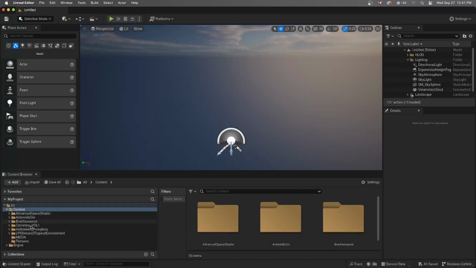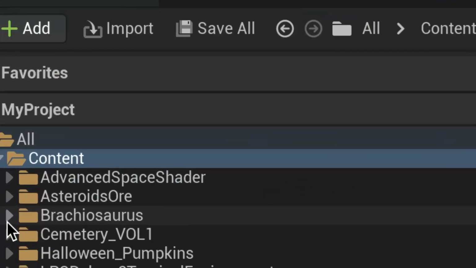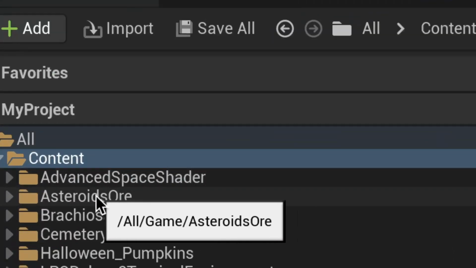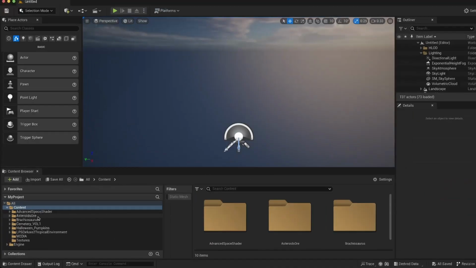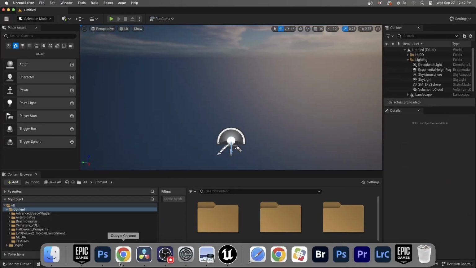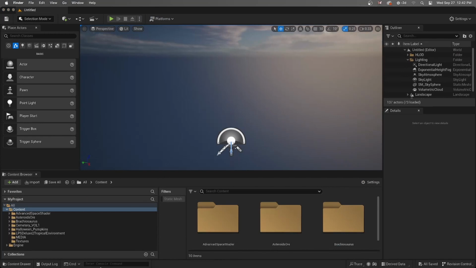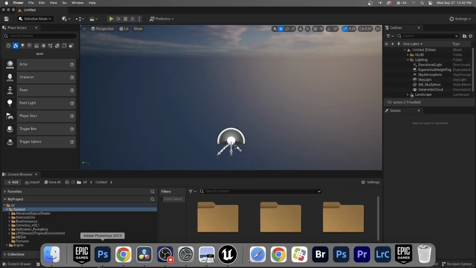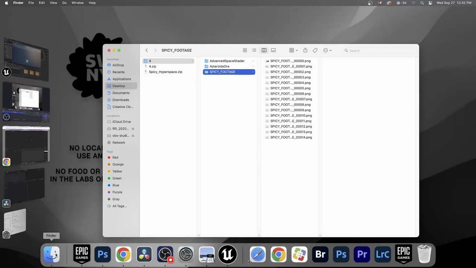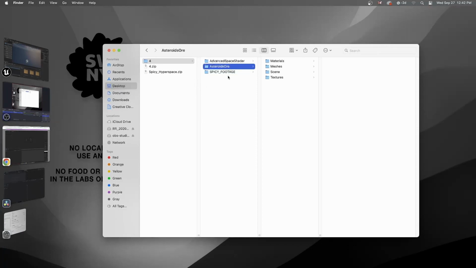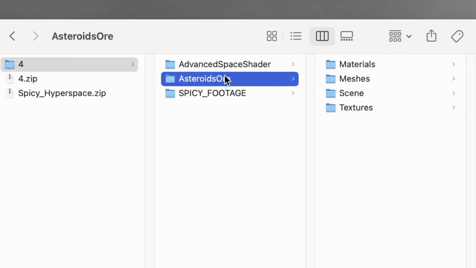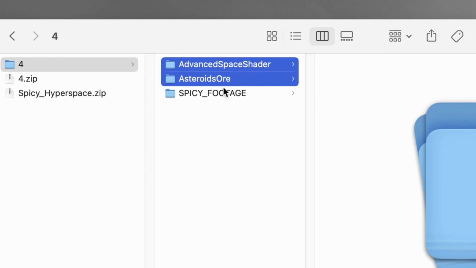So I gave you 2 more assets in that zip file. I gave you this advanced space shader and asteroid ore, which is just glittery asteroids. If you have an asset that you want to put into a project not from the marketplace, I'm going to show you how to do that now. So if you go ahead and just shift select both of these assets, the unzipped folders of both of these,